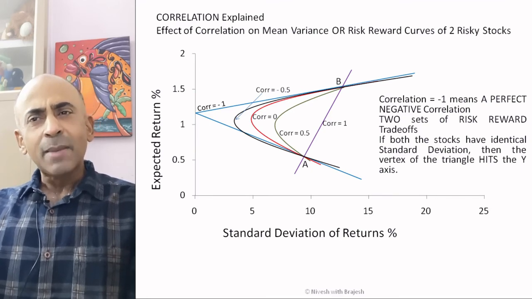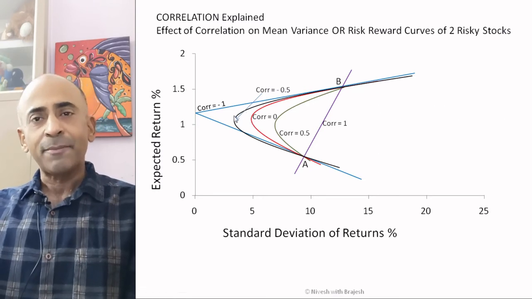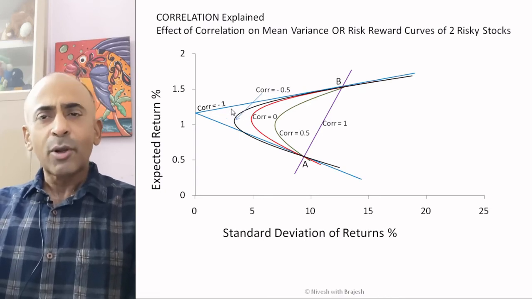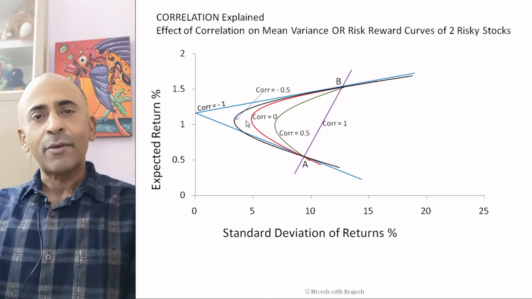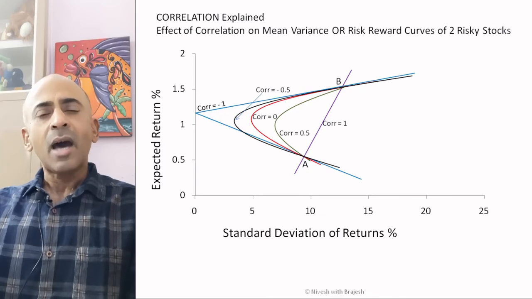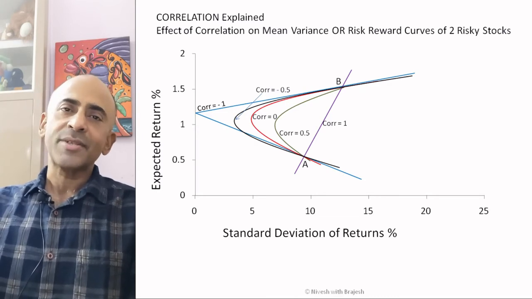But if we could do something less than that, say if we could find stocks with correlations of negative 0.05, negative 0.5, or we can find a stock simply with a negative correlation, we could achieve some wonderful results in terms of risk and reward trade-off. So we realize that if we can find a negatively correlated stock, we can create amazing portfolios that can give us amazing returns with amazingly low risk.